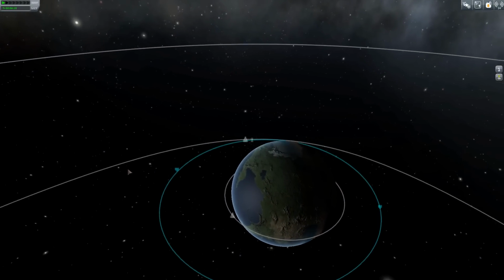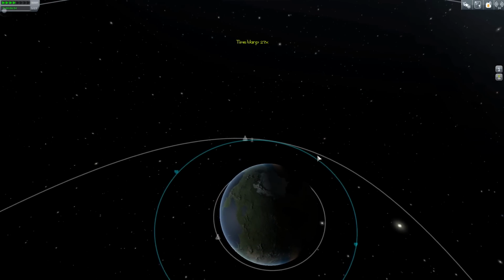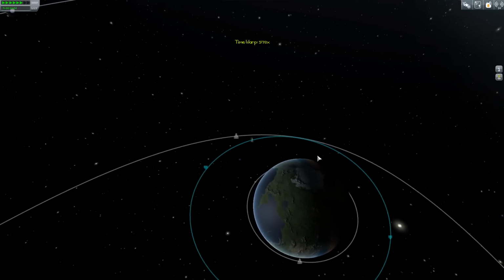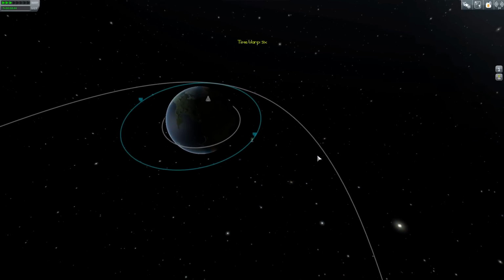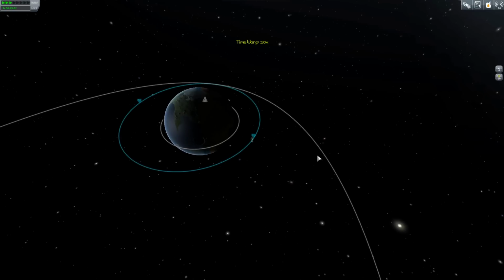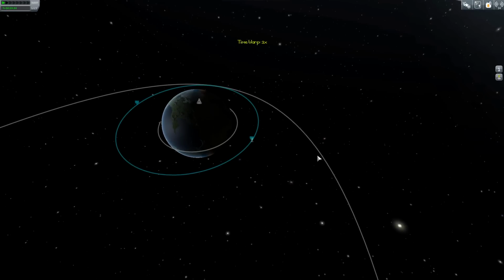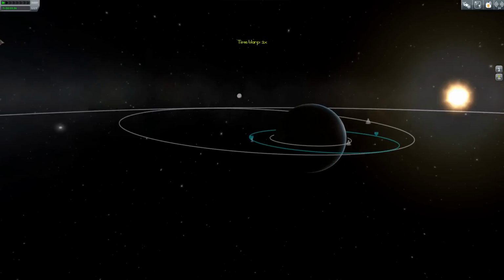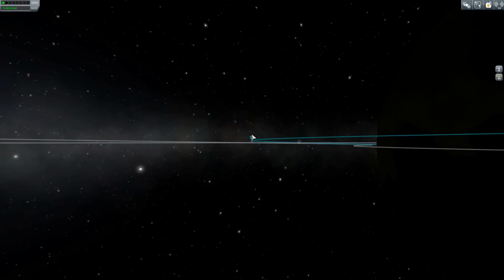I'm thinking we should actually fast forward and do our continued maneuvering at the periapsis again. So let's get over there. And panic mash the time warp undo button. Alright, so we're going that way. On the dark side of the planet, and we need to be aiming